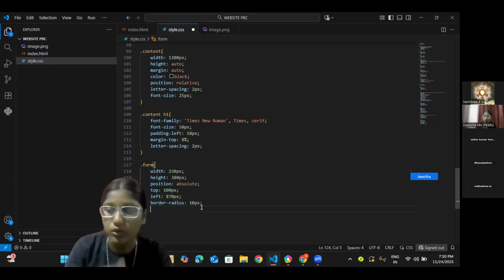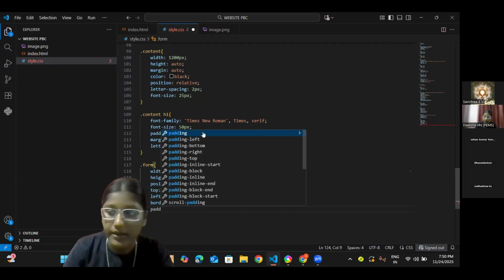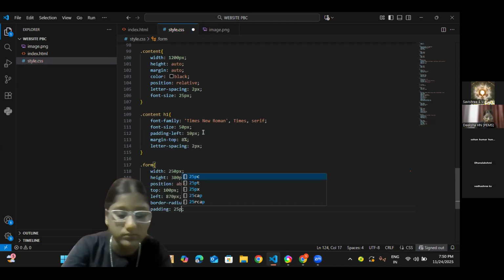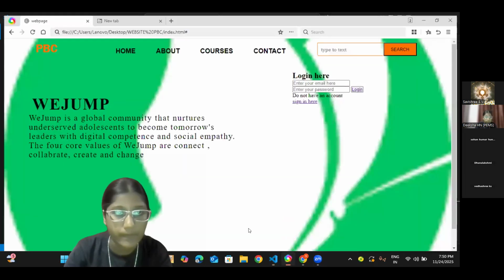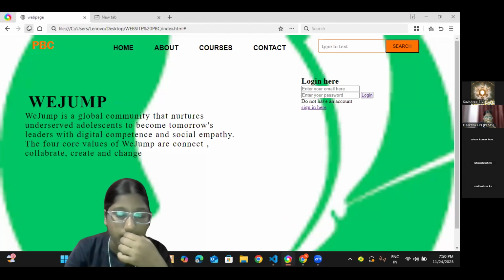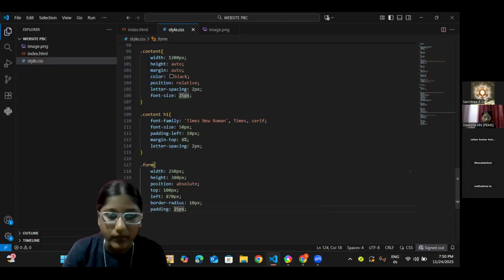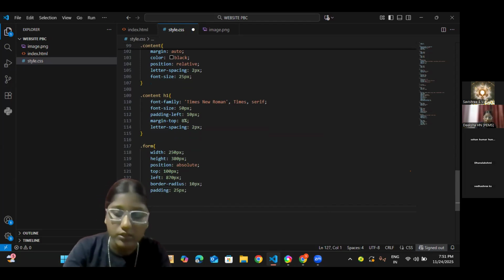Yeah, so border radius I will give as 10 pixel and padding I will give 25 pixel. Yeah, you can see the difference. Yeah. Next for the dot form